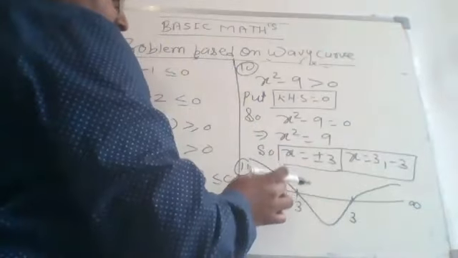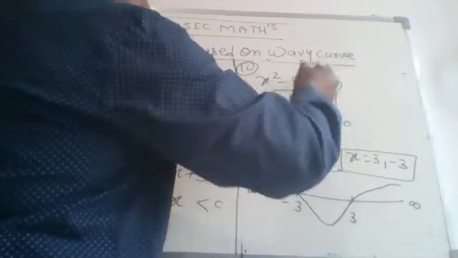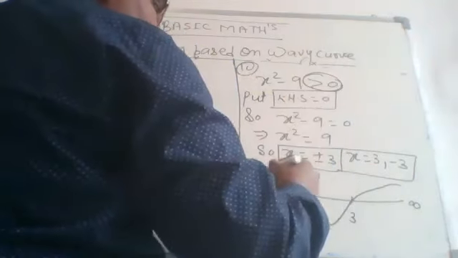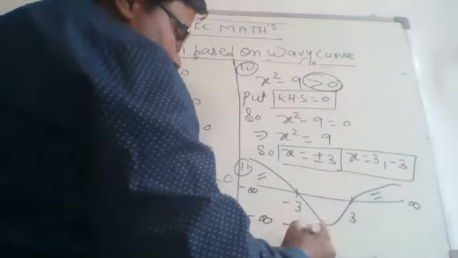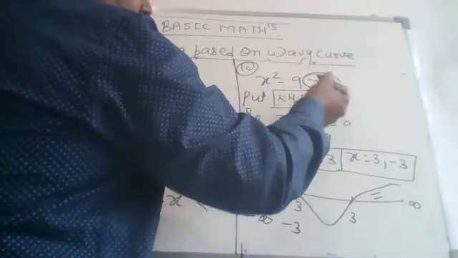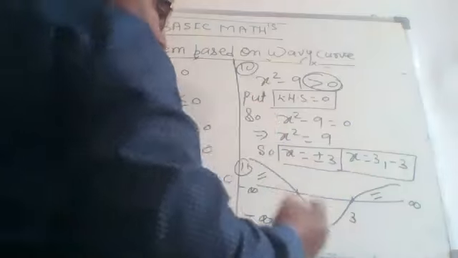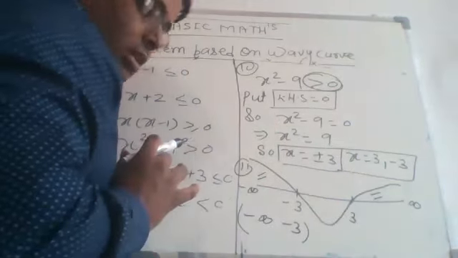There are two portions, some above the number line and some below the number line. According to the inequality, here the greater sign is there. So that's why we have to take the portion above the number line, this one. So this one gives the solution minus infinity to minus 3. Which interval is going to be applied? Now यहाँ पे inequality के साथ equality नहीं है. So that's why we have to apply the open interval. It means small brackets over here. It's okay to all of you?